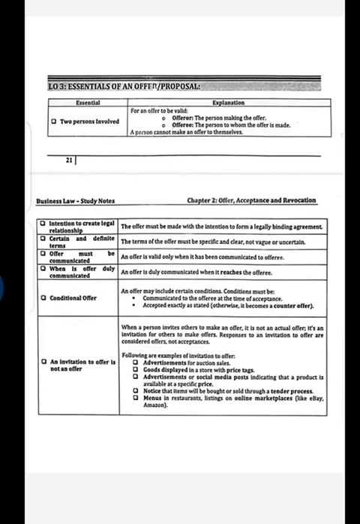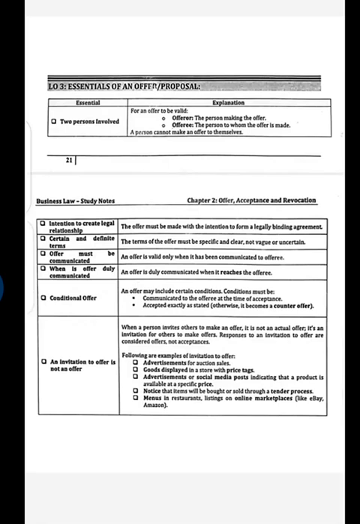All the terms and conditions must be clear so that the offeree does not take any indefinite advantage from that, or there must not be any type of coercion involved in the offer. The terms of the offer must be specific and clear, not vague or uncertain. So all the things must be clear. It is not necessary that they be documented, but they must be clear. So it depends. All the things must be clear, either orally or documented.